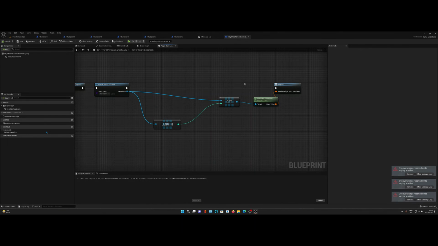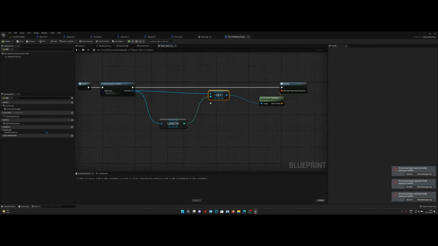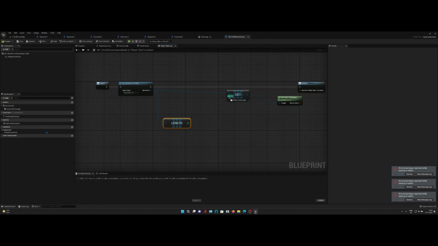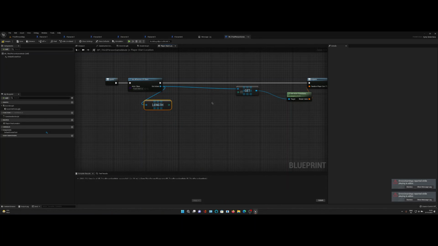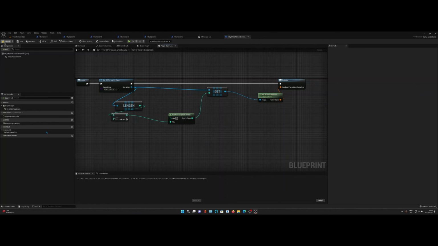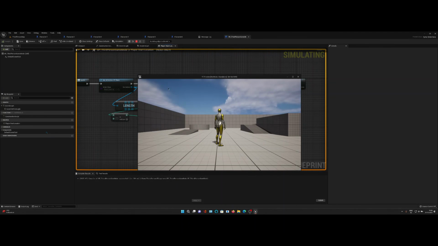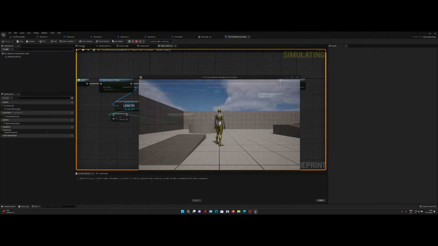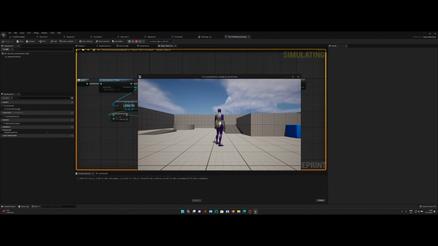Hmm. It's trying to get, oh, okay, okay. So we are passing in the length as the get element, which is wrong. We need to get a random integer. So what we will do is we'll just make a -1, and then we just get a random integer in range with the max value of the length. Now it will give us random places first. Yeah, you can see now we are getting random places and random